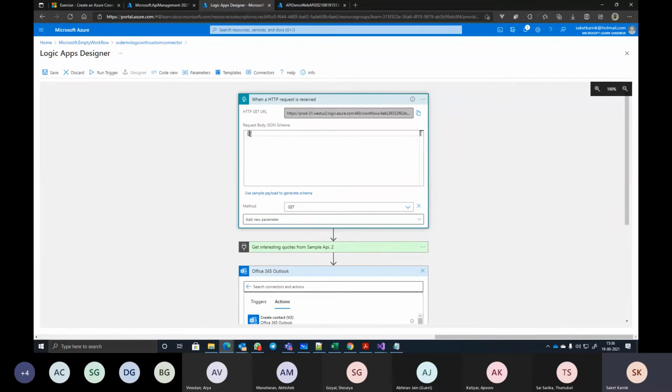Or maybe in the request body, I want to take in the email. So let's say it should receive an email as a string. This is the schema I have created here for input.